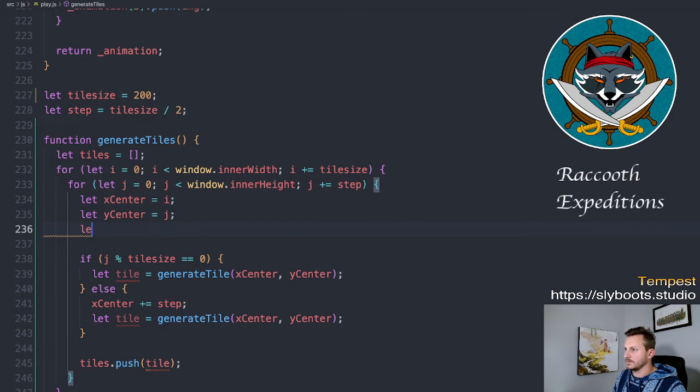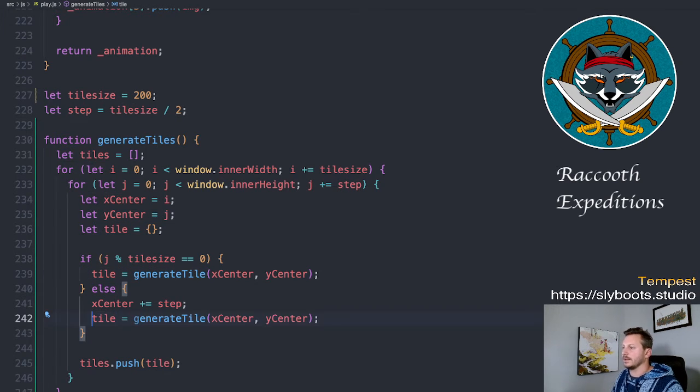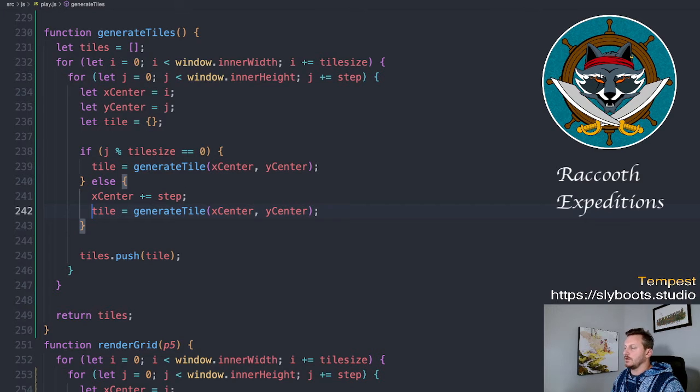Let tile equal an empty object. Tile. Okay. We're almost there, everyone. We're almost there. This is generating the board in the abstract. Render grid should